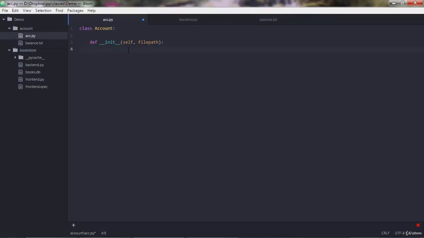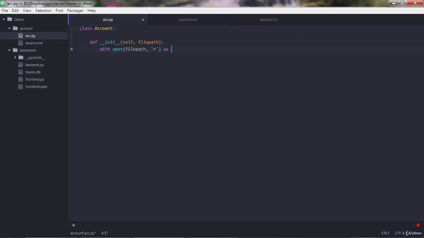So you could do something like with open, so we're doing file handling with the with method, with open file path, and this is a text file, so we need to go with R mode, which means to read. So we're opening the file path, this file in read mode